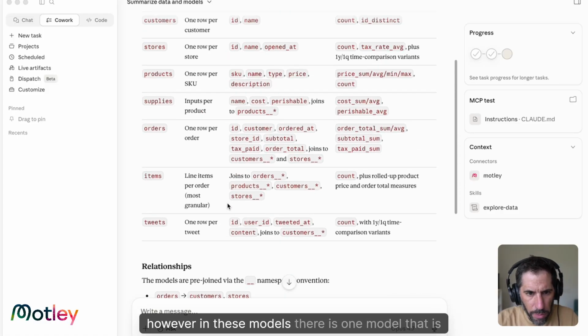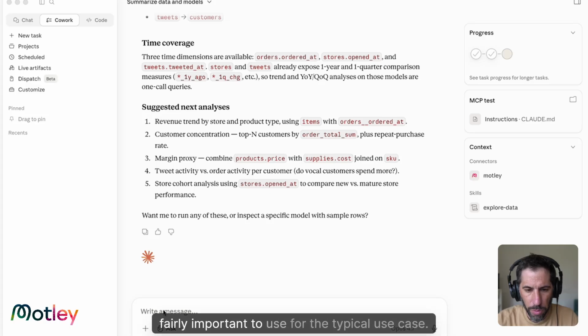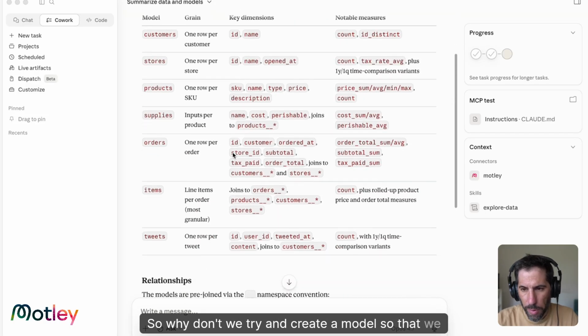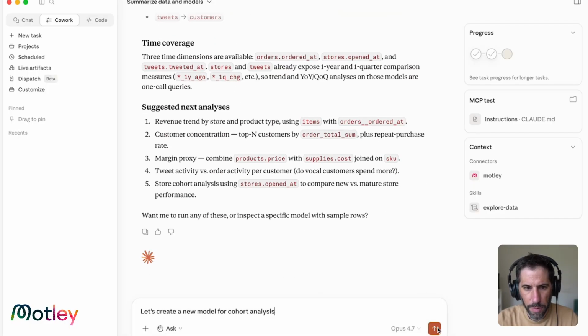However, in these models, there is one model that is missing that will be fairly important for the typical use case. So why don't we try and create a model so that we can make cohort analysis easier. Let's create a new model for cohort analysis. Now what happens is